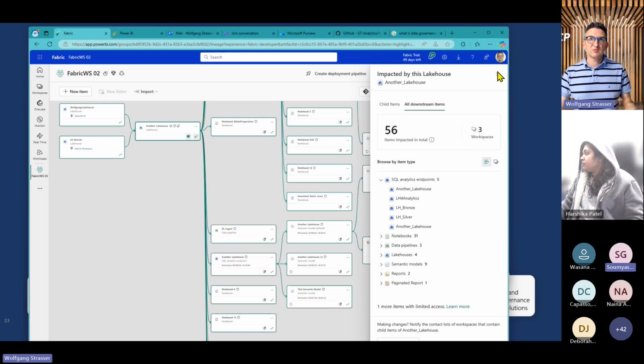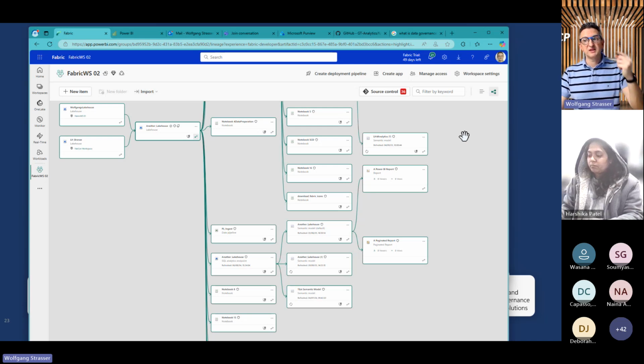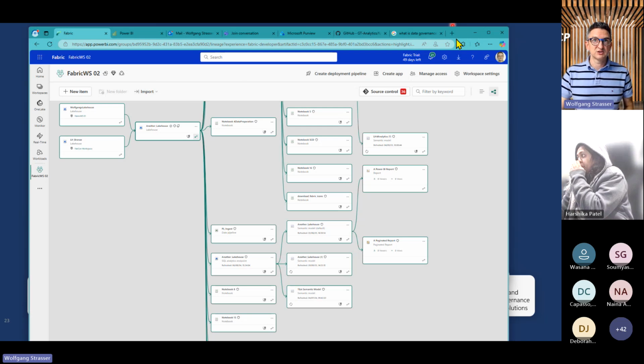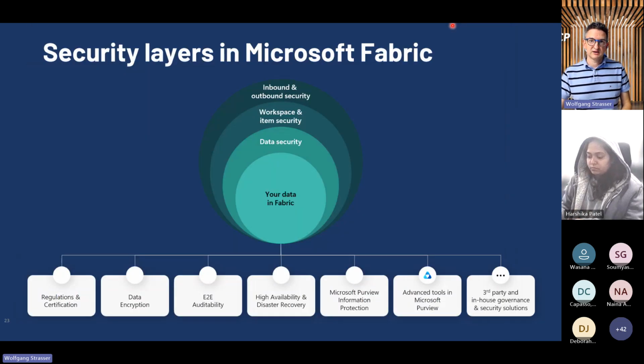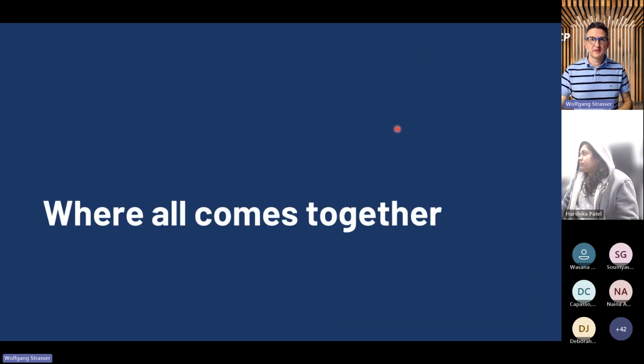You might now ask, why sensitivity labels? What's the thing with it? It's not only a label. We can apply policies to it. And with the appropriate policy, an information protection or data loss prevention policy, we can block the export of data, for example, or we can only allow the export to Excel for internal users, but block it for external ones. That is the same mechanism that is used whenever we apply sensitivity labels and policies to Microsoft documents.